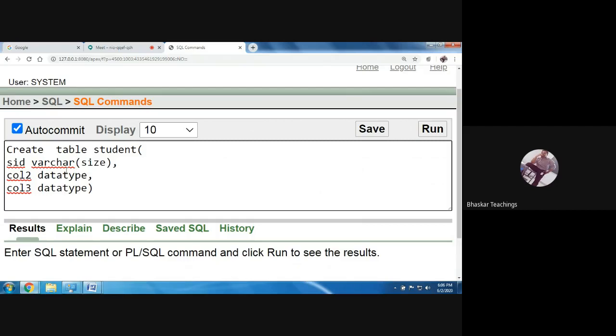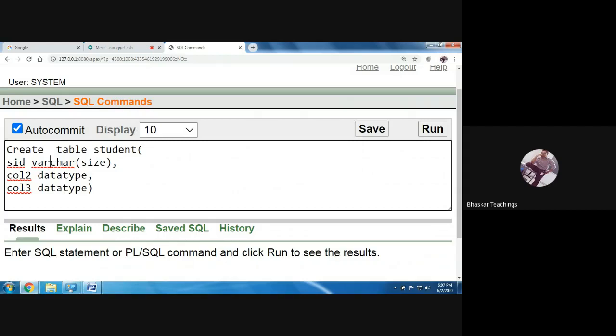Let us not bother now. We will discuss when the data types concept comes. But as of now, just follow the syntax. Basically, char or varchar means character data, int means integer data, either int or num you can specify, and float means float data only. The only thing newly appearing here is varchar.